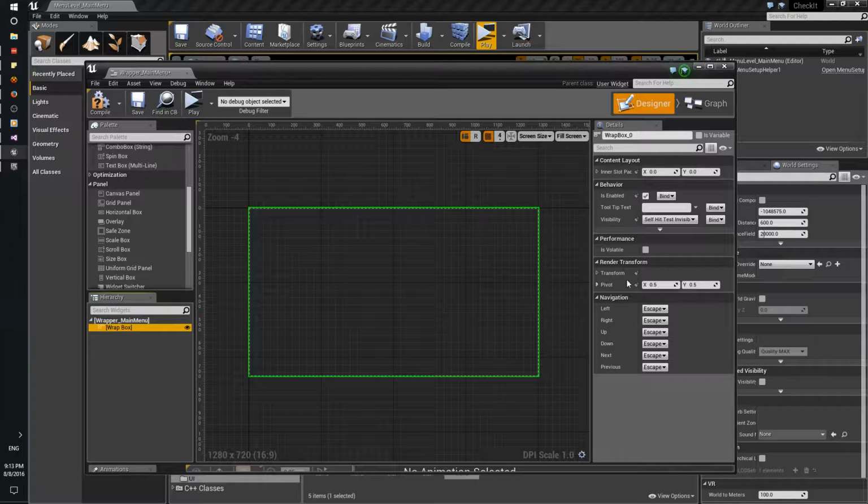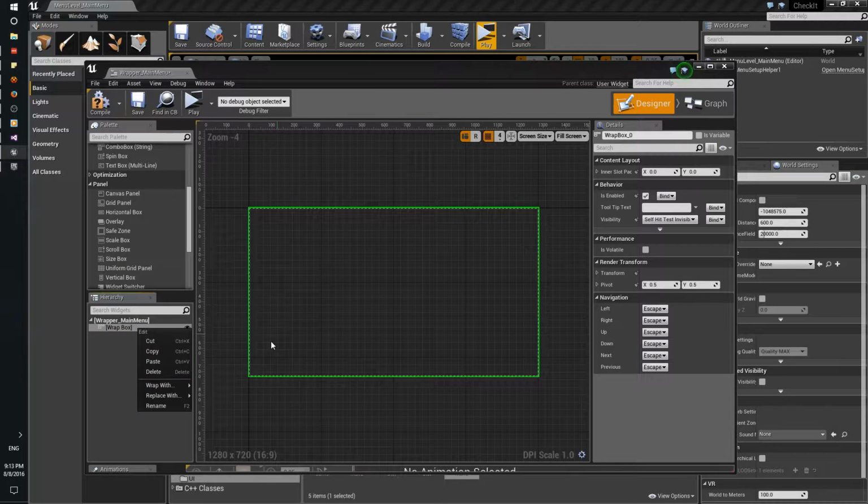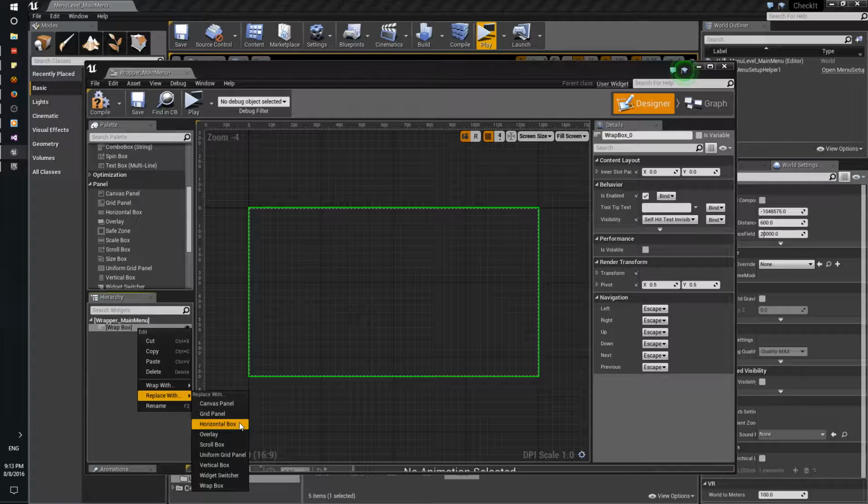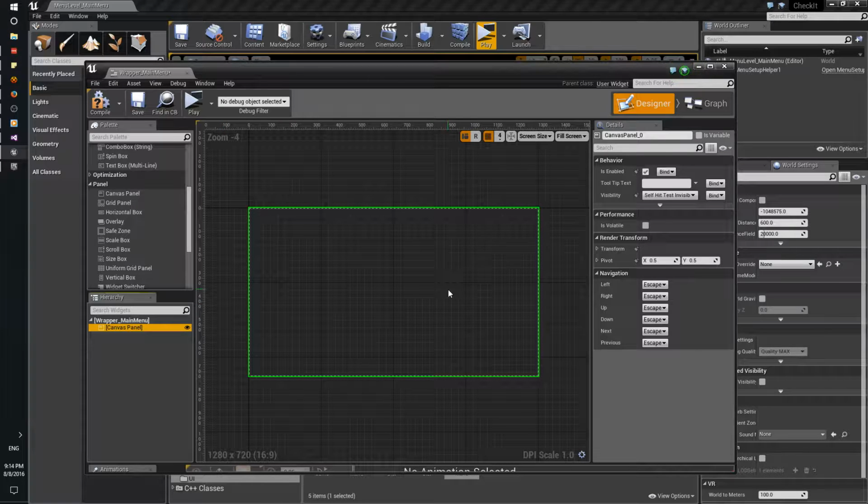Wrap box, is that it? Oh no, that's one where it wants to flow. Let's try it with canvas panel. I know it didn't work out so well for us last time, but